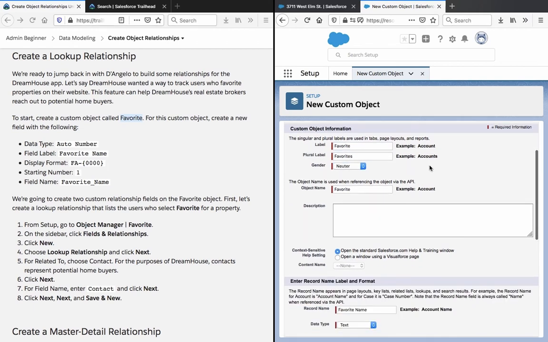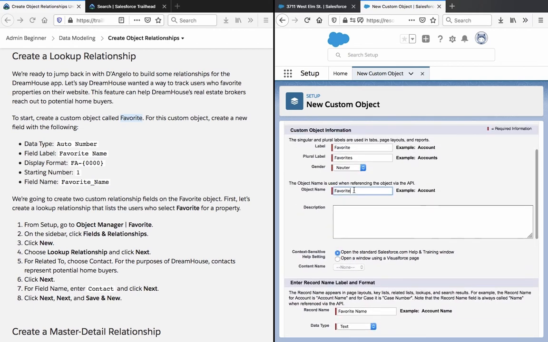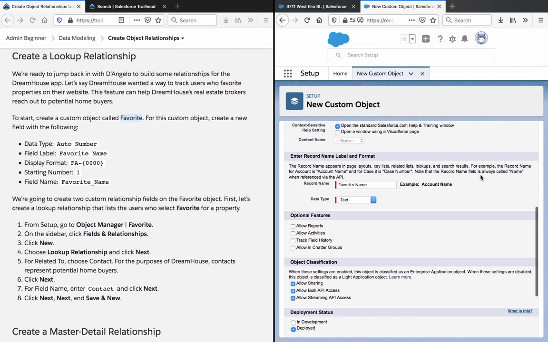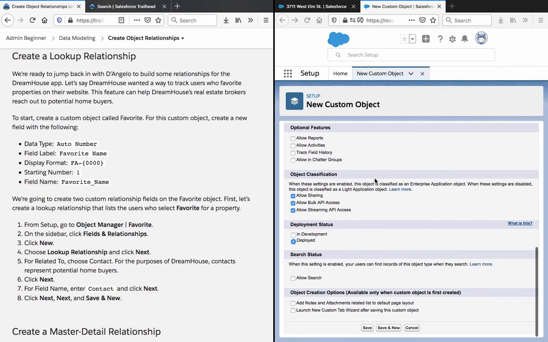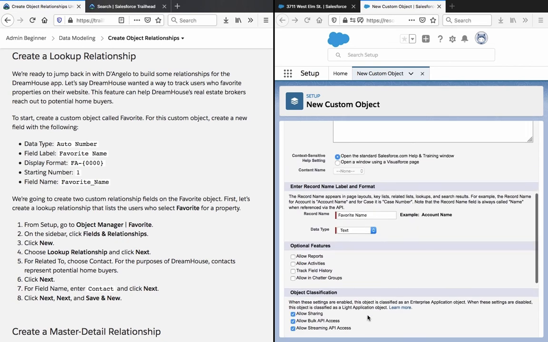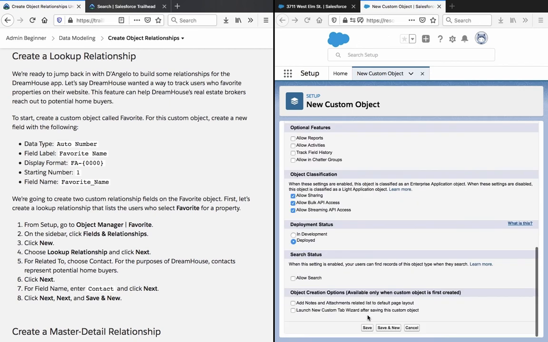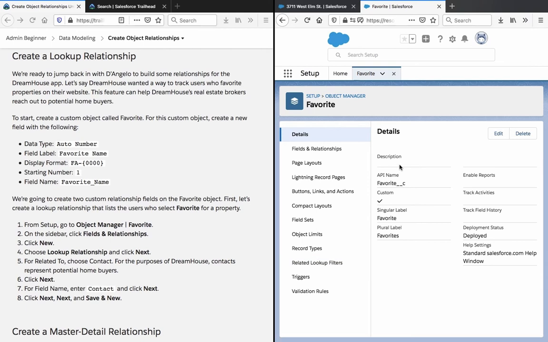Plural is favorites. Gender neutral. Object name favorite. I don't think we need to make this a required field, so let's just save it without the custom tab stuff, and then we are